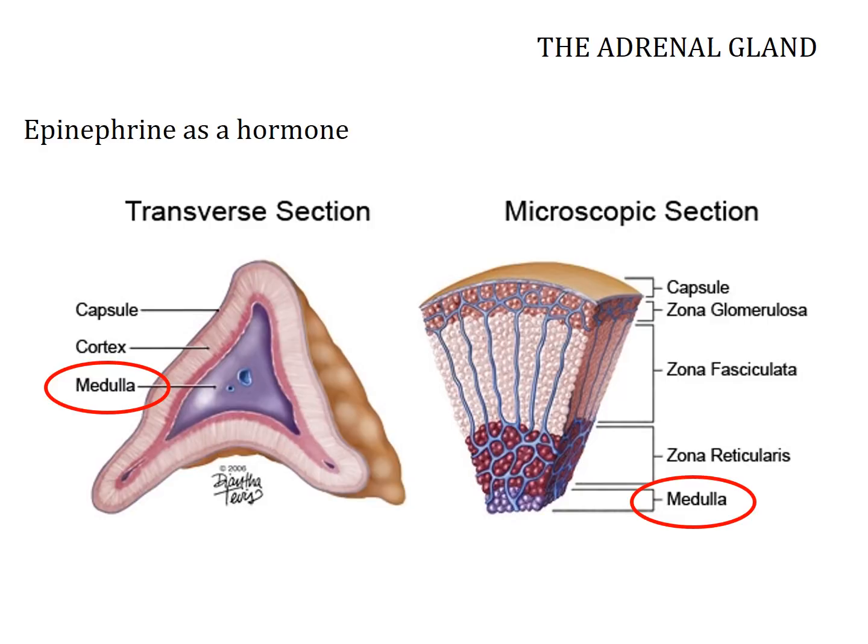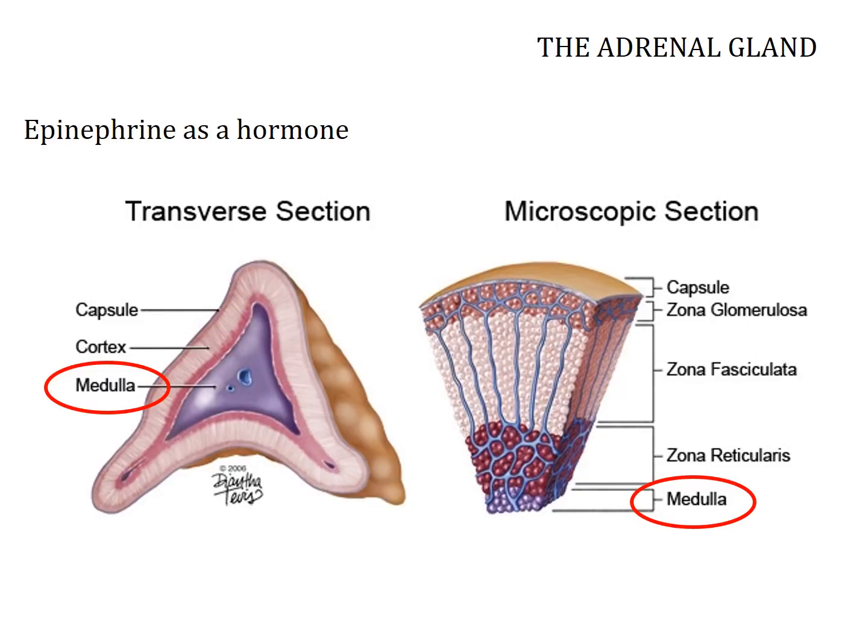The adrenal gland has a number of different parts to it. There's an outer shell called a capsule. Kind of holds it together, not a whole lot of physiologic activity going on. The innermost region is the medulla, and then there's three regions in the middle: glomerulosa, fasciculata, reticularis. I'm not going to hold you responsible for those three names, but we're going to get to that other part of the adrenal gland when we talk about steroid hormones. First, we're going to talk about epinephrine as a hormone of the adrenal gland.